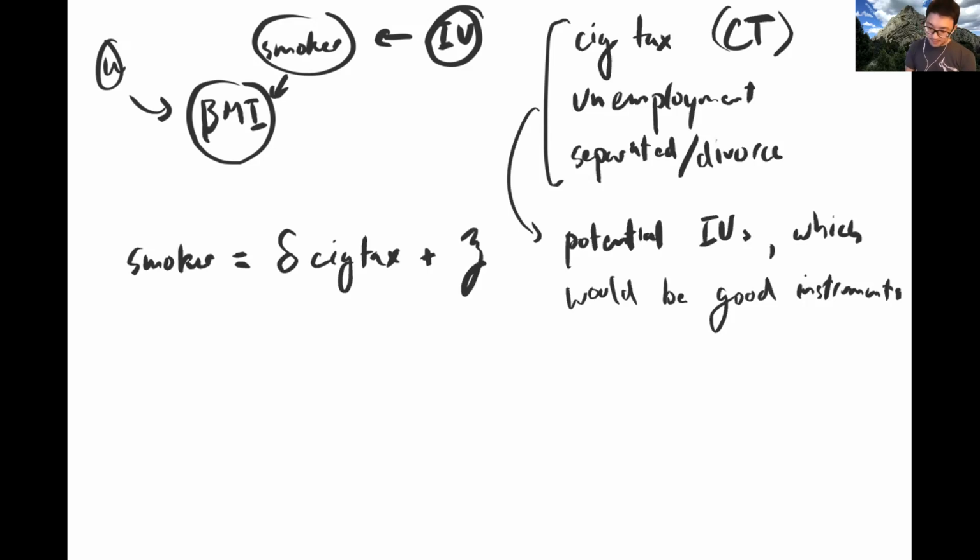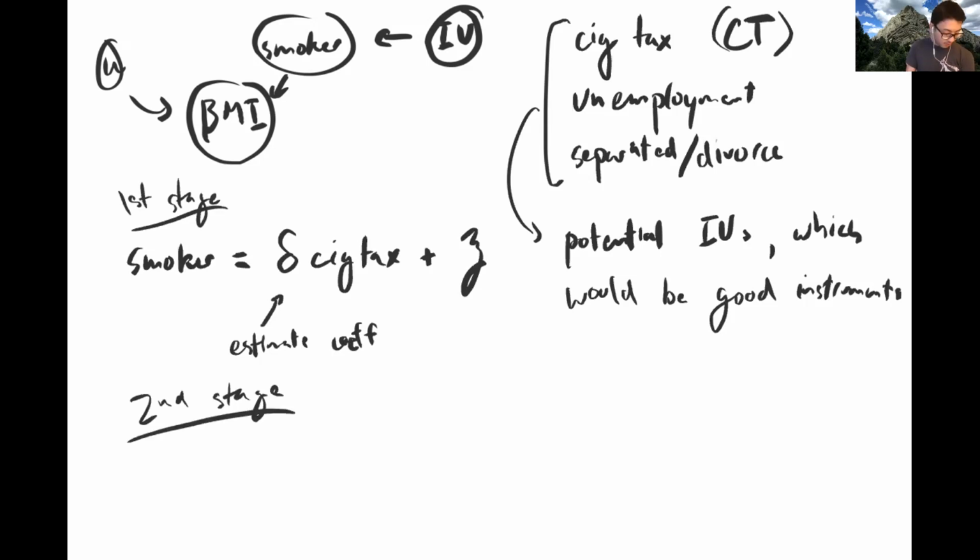And then once you estimate the coefficient, this is the first stage. Then in the second stage, we say BMI is equal to,